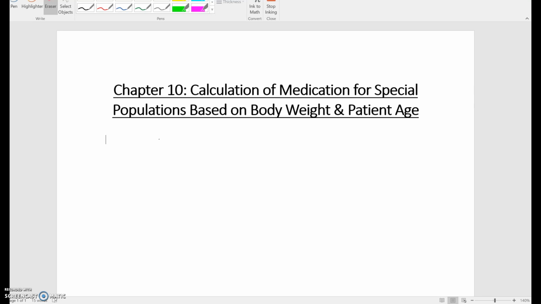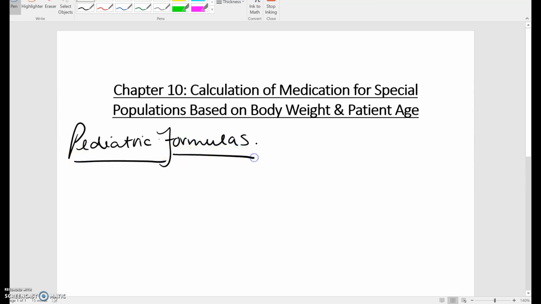Now, so far, what we have talked about in lectures 1 and 2 of this chapter, as far as calculating the dosages for the special population group, we've basically been focusing on body weight, but I'm going to move forward and we're going to talk about calculations of medications for special populations using pediatric formulas. All right, so chapter 10 kind of skips all over the place, but I want you guys to follow